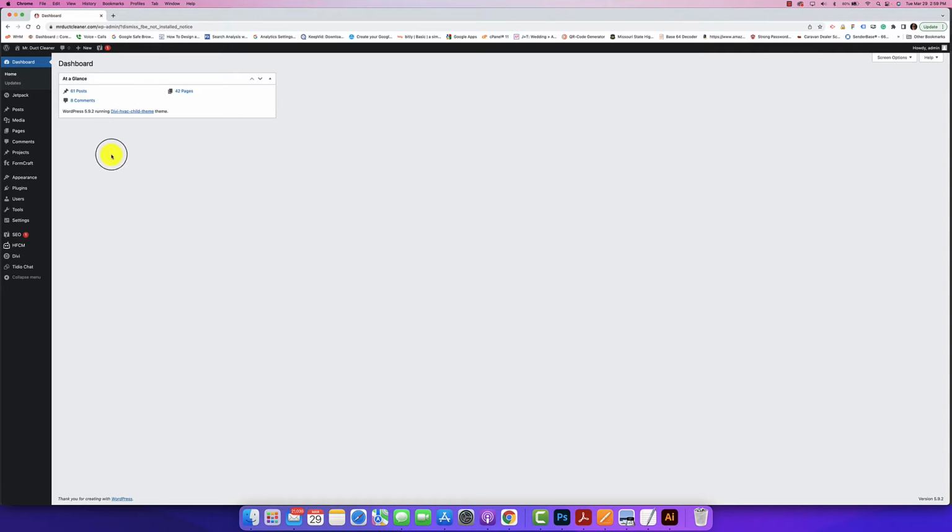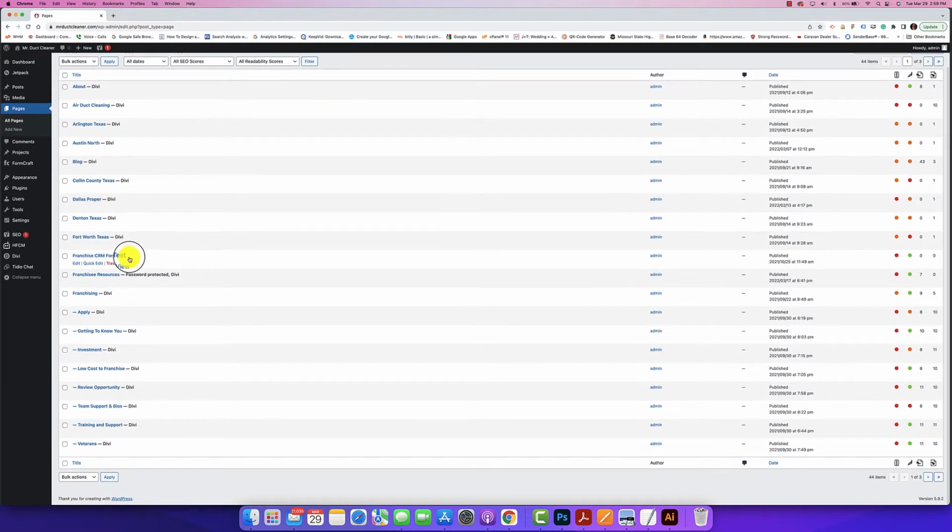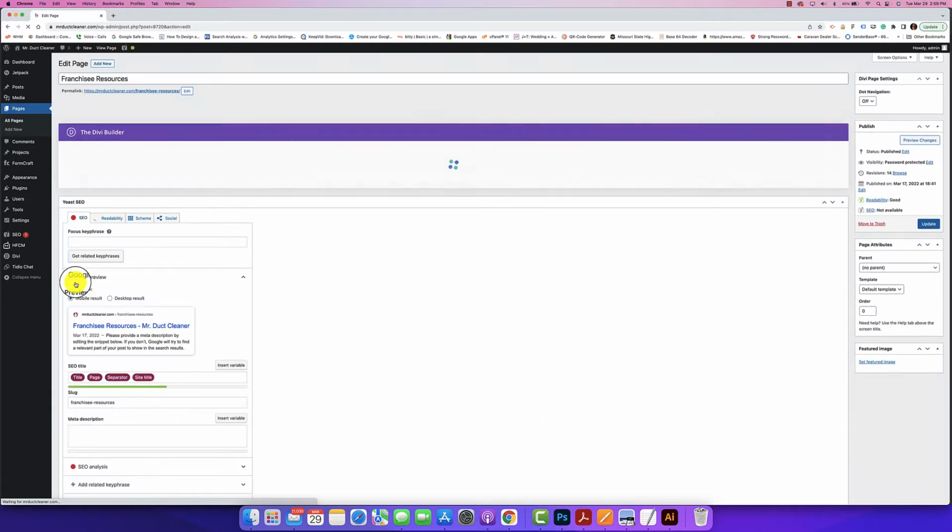But I'm going to go to a specific page, so I'll come over here to the left and use this menu here and go to All Pages. And scroll down to Franchisee Resources and click on Edit. And once this page loads, then I'll show you how to go in and basically add new sections and do things of that nature. So once this loads,